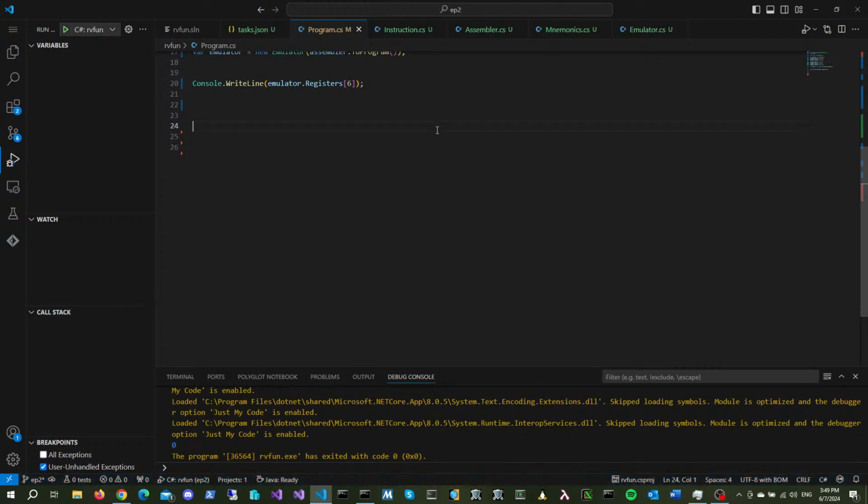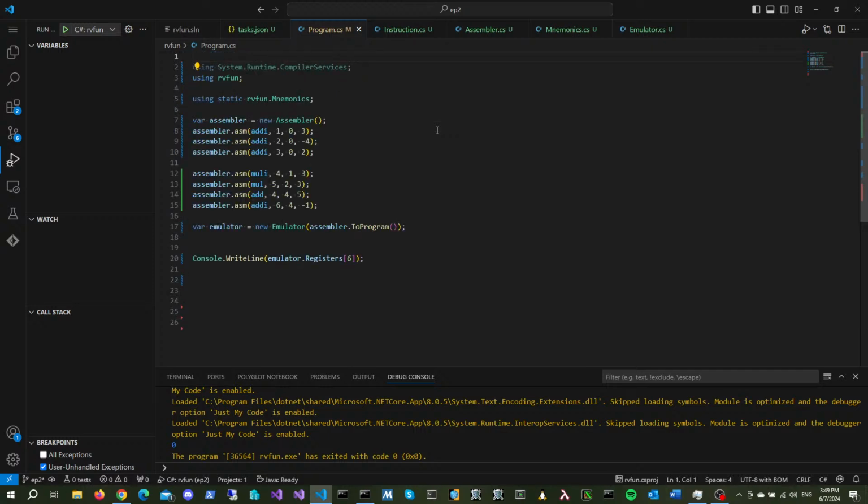Still returning 0. Wonderful. So now that we've refactored our program, we can take a look and see what happens. We create an assembler, we assemble a bunch of instructions, we create an emulator, and then, oh, we never actually ran the emulator. So no wonder the result is 0. Maybe we should change the program to actually return -1, because here we're lucky, but we didn't actually run the emulator. We have to